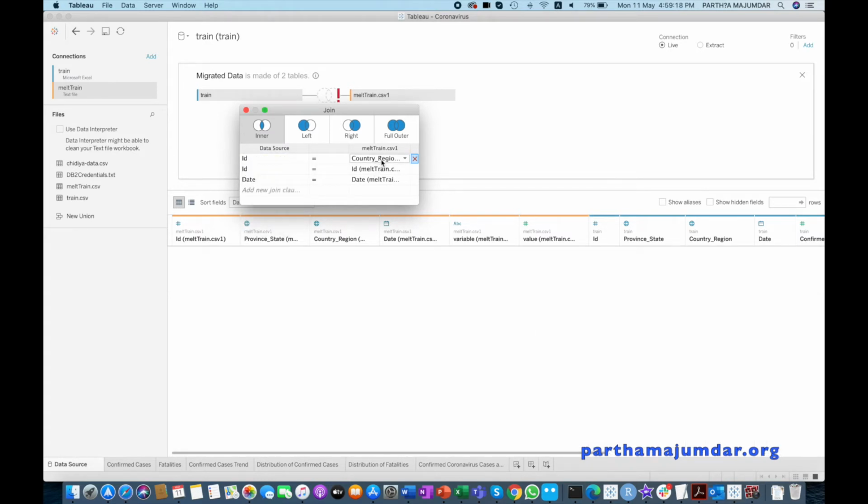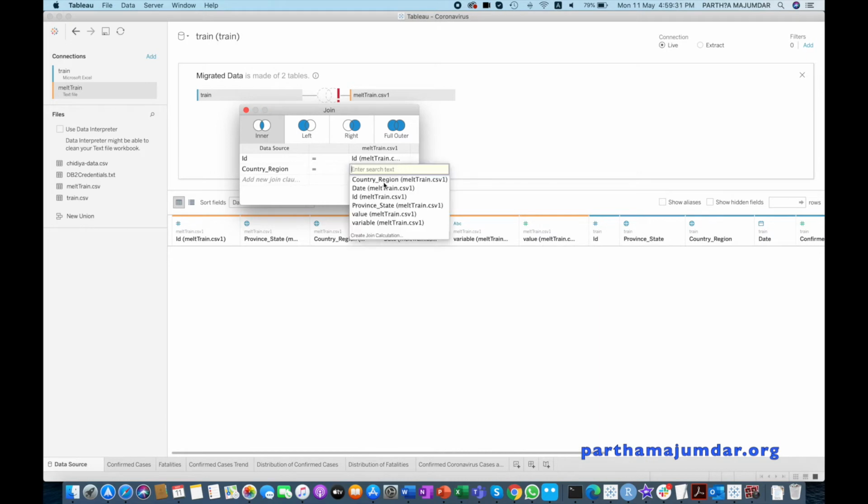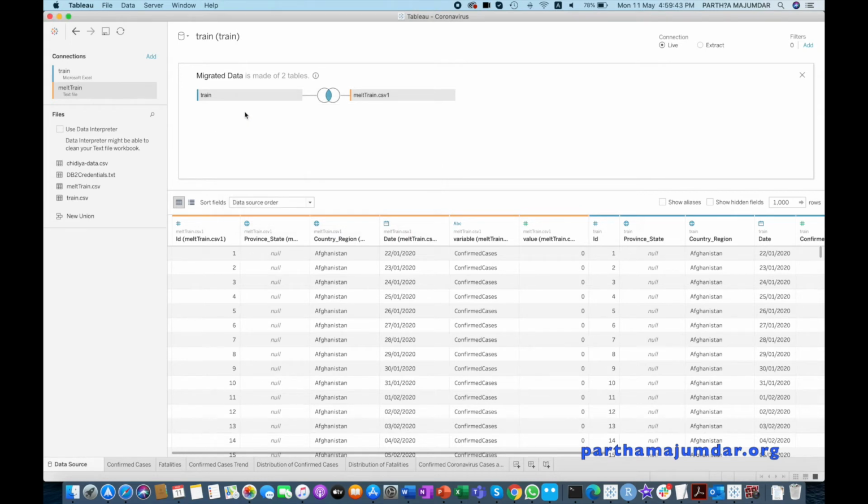Say this is ID, match to ID, second is country, match to country, and third is date, match to date. So now I have set the relationship.